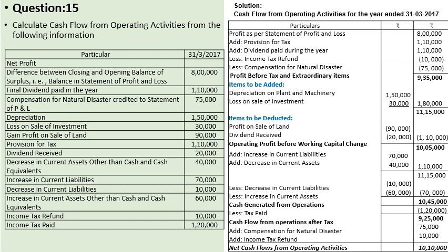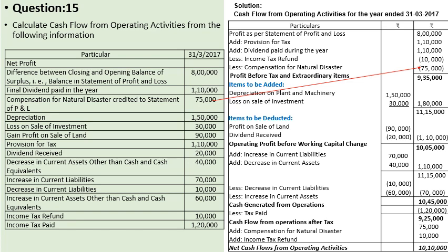Now from there, the income tax refund is there, so we have to minus it, 10,000. Then we have received compensation for natural disaster, that is an extraordinary item, 75,000. So we will deduct it, and after adding and subtracting we have the net profit before tax and extraordinary item